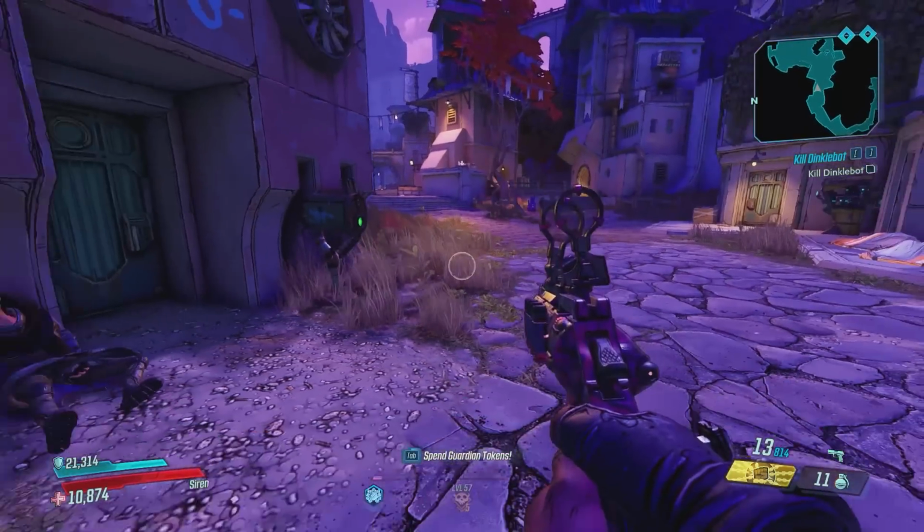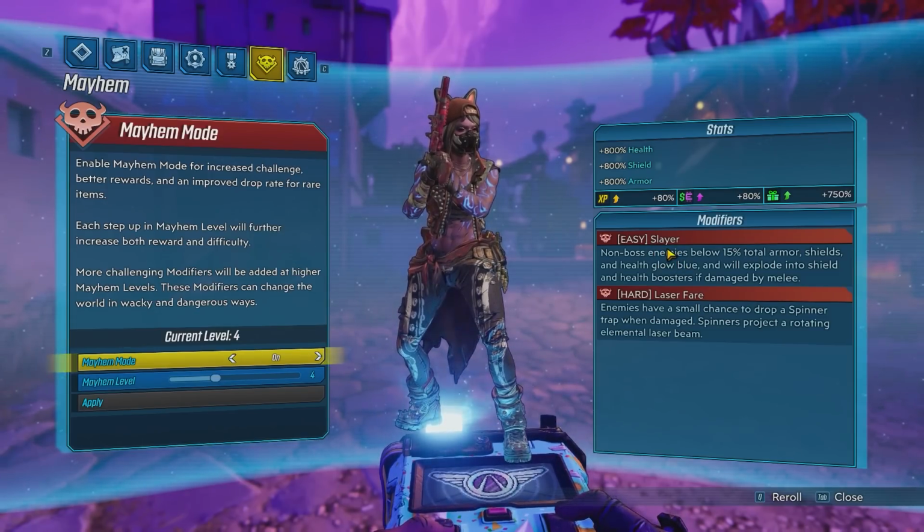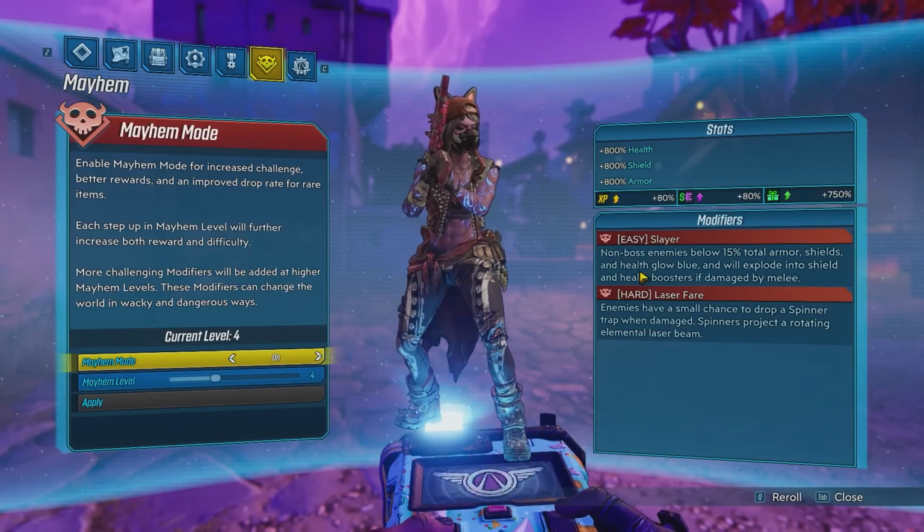And finally, I wanted to talk about a modifier that was not mentioned in the patch notes, the Slayer modifier. With this modifier, enemies that are below 15% health will start glowing blue, and they will insta-die if you melee them and explode into shield and health boosters. It still works the exact same way, but the only difference is that before this patch, when you meleed